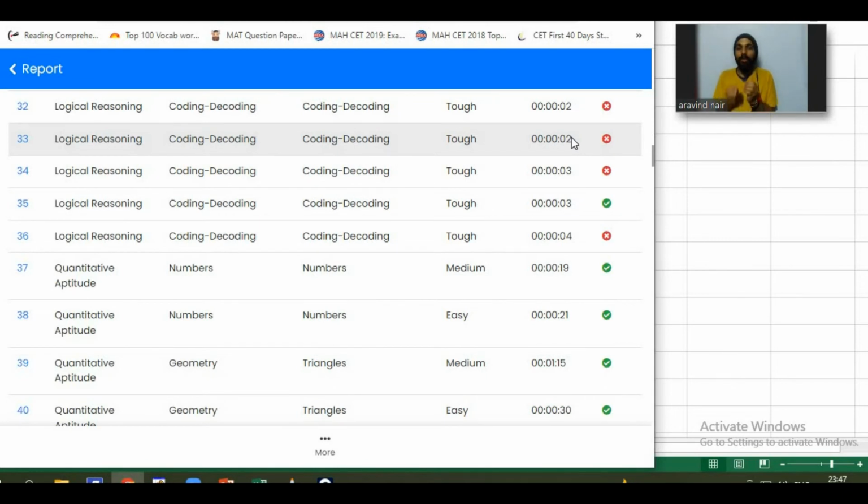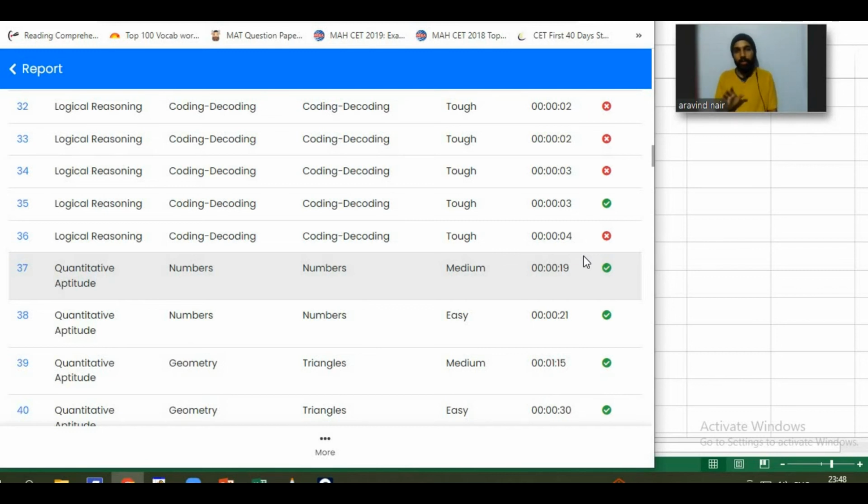So you must realize how important this time is. These easy questions might seem very much solvable, but you have to see that I solve within 20-25 seconds. It's not a compulsion that you should solve within 20-25 seconds, but the steadiness, that the speed you started with, it should end at the same speed as well. That's the most important thing. It's not about how fast you solve. It's that after a point you should not get exhausted. That's the most important thing. It's a completely solvable type of MBA CET exam.